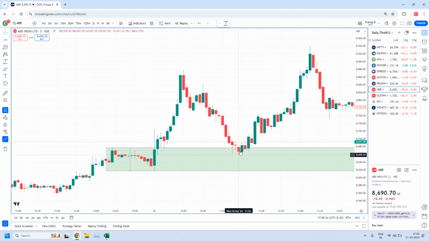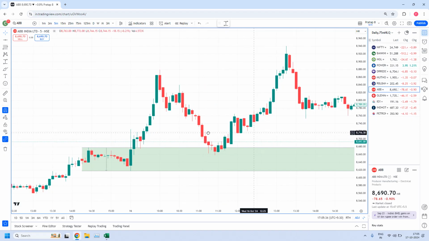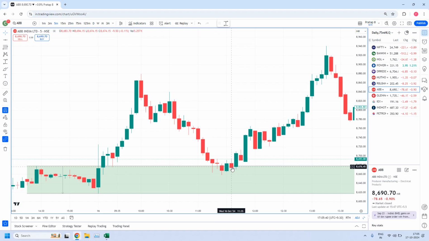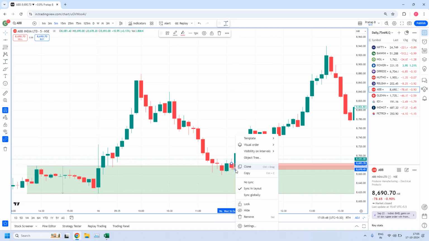So within this zone you have a rally base rally. See here, rally base rally within. This rally base rally is outside the zone. If anybody would have considered this an aggressive trade setup,